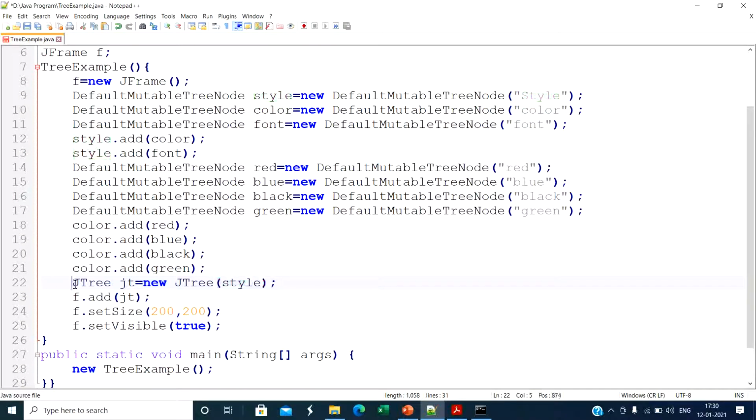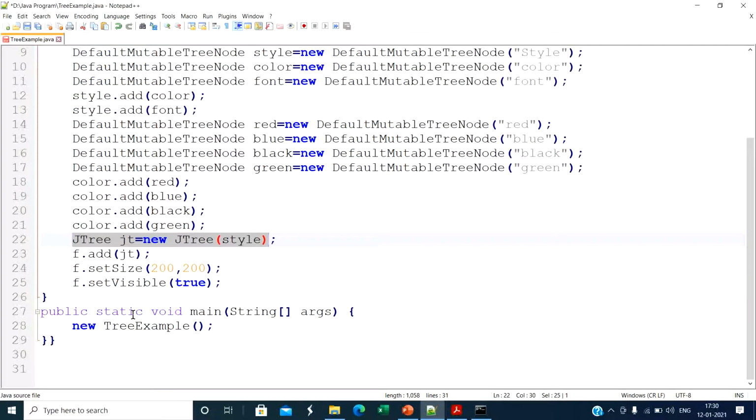So remember this, in this constructor you pass the root node. So here we set the root node of the tree by passing it in the JTree constructor. Style is our root node, so I pass style in the JTree.